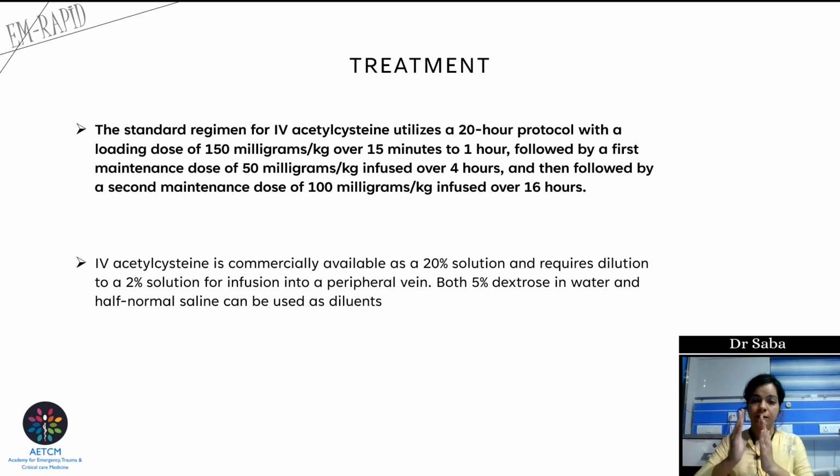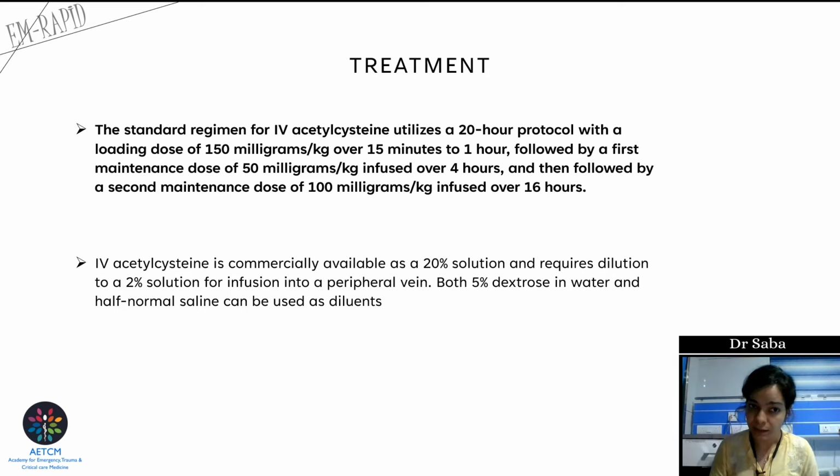First is the loading dose. It is given over a span of 15 minutes to 1 hour. That is the loading dose of 150 milligram per kg. And then the 20 hours is broken into 4 hours and 16 hours, wherein for the first 4 hours you give a maintenance dose of 50 milligram per kg, and then for the next 16 hours you give 100 milligram per kg. So 150 milligram per kg loading dose, then 50, then 100 milligram per kg, infused over 4 hours and